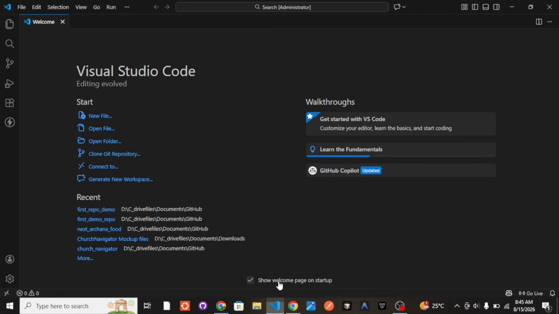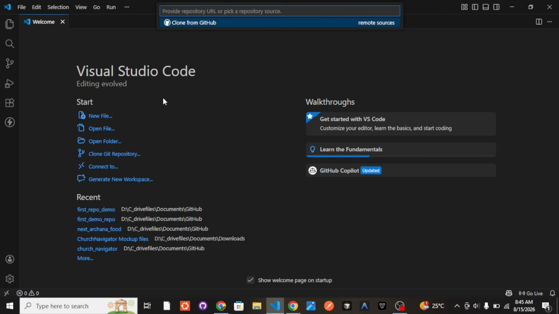If you go to Visual Studio Code, this is the new window tab. Here you can see the Clone Repository option, and here you can see Clone from GitHub. If you are connected to GitHub, click on that and you can see the repos that are available in the GitHub account that we have connected. We click on this,